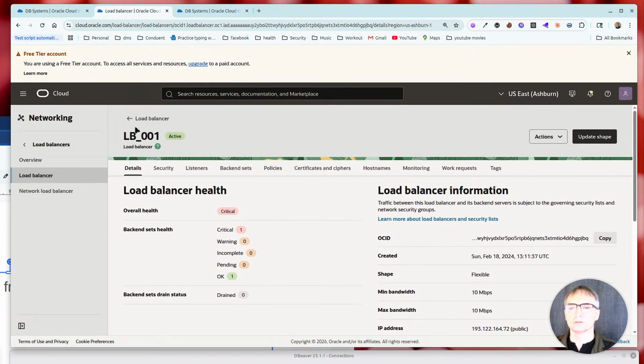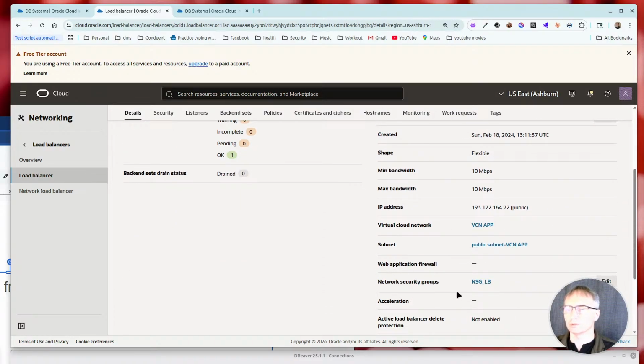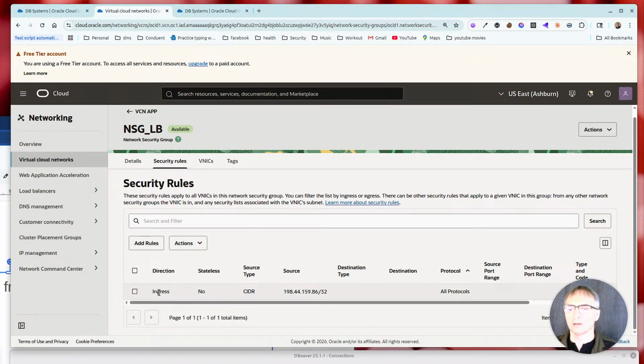This load balancer is configured with a network security group, and in this network security group you have a security rule, and here I have an ingress from IP address 198.44.159.86, as long as I am connected to this WinScribe and the WinScribe is giving me this IP address,